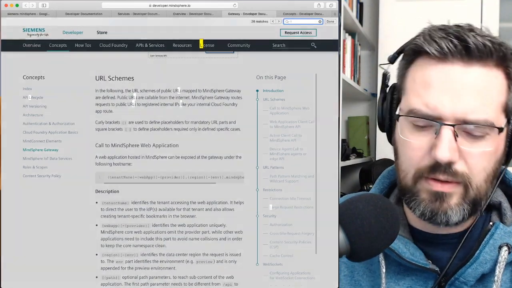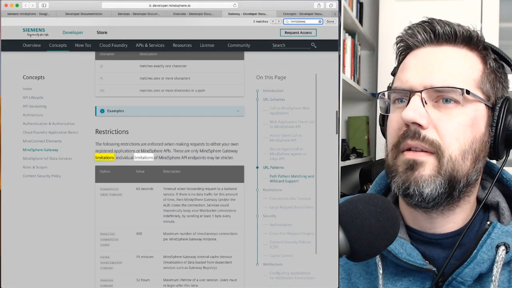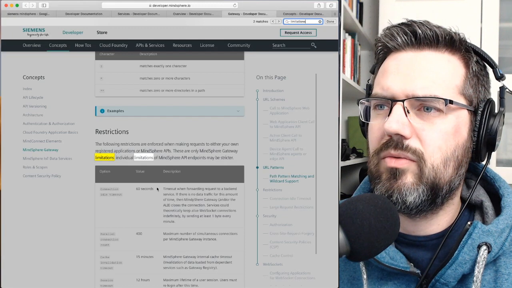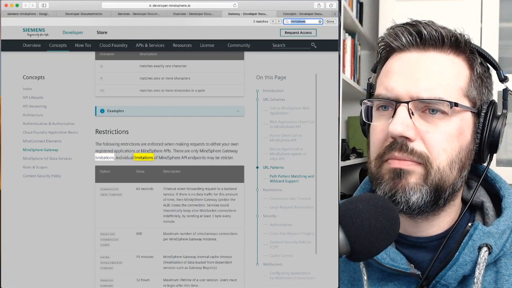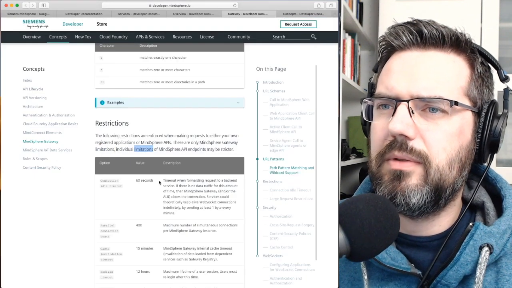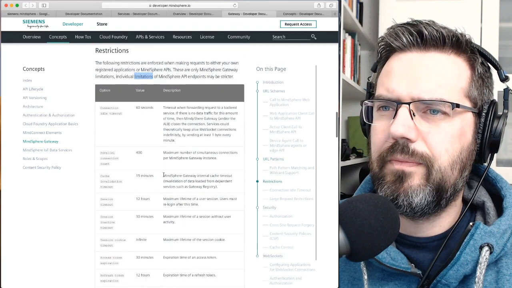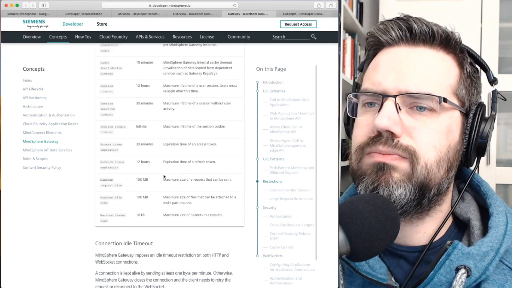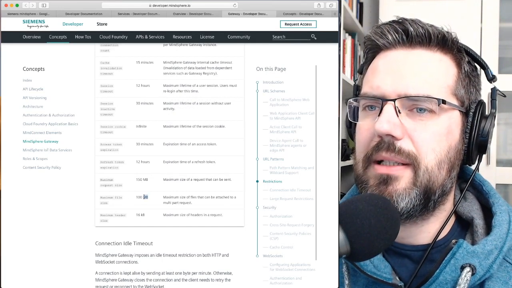Let's look at limitations. There's only 2 here. Maximum file size 100 megabytes.